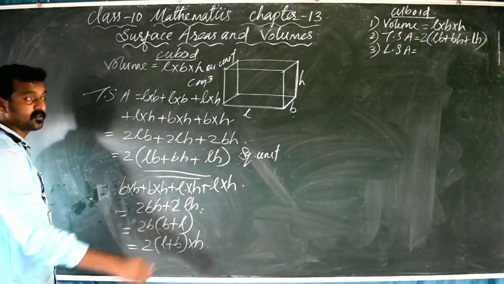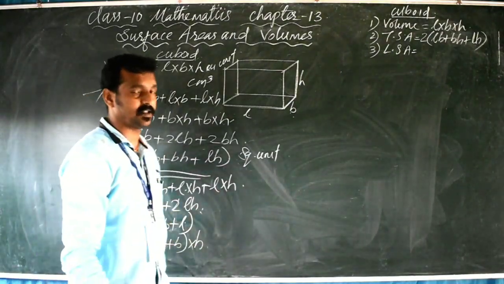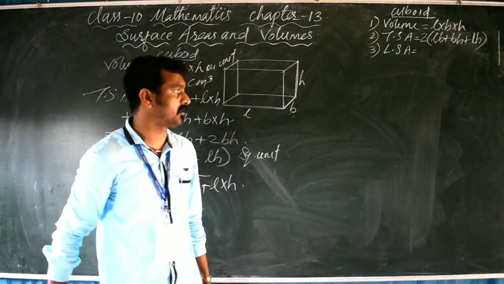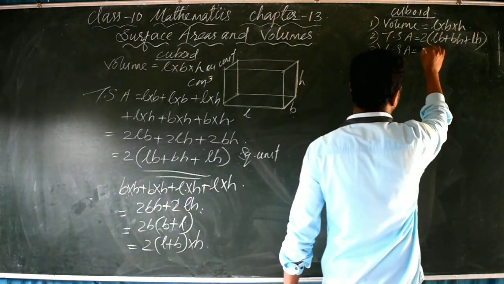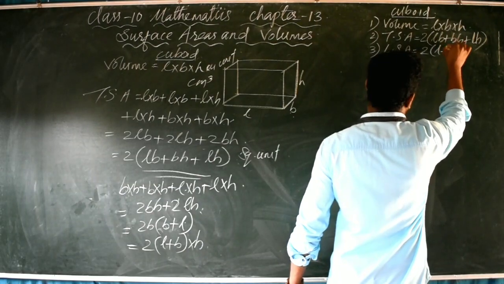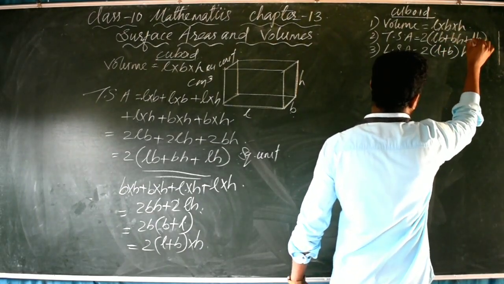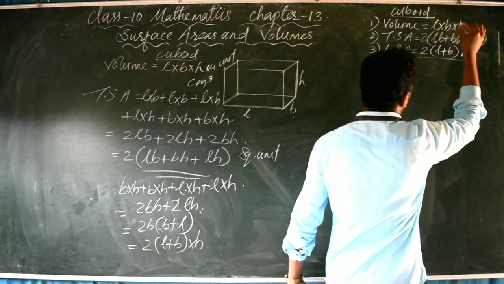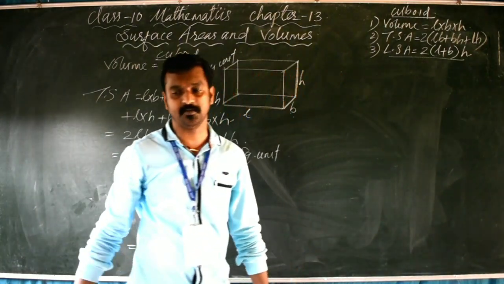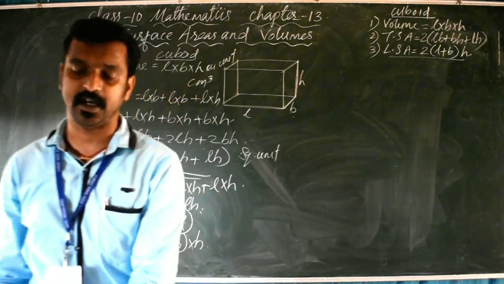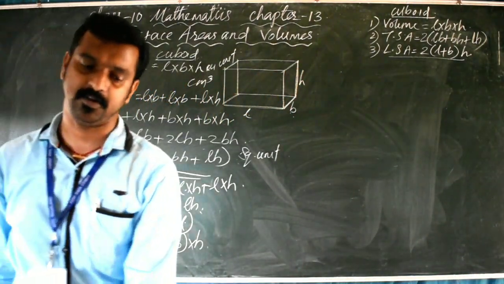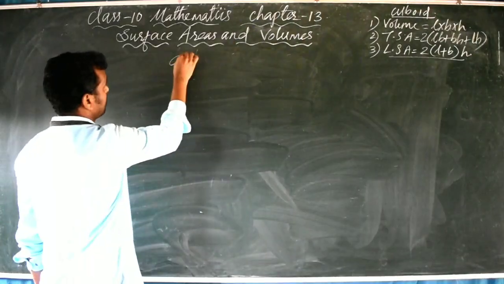In the textbook it is given there as 2 into L plus B into H. Last year also you have studied like that. That is why I wrote like that. Lateral surface area of a cuboid is equal to 2 into L plus B into H. That is the formula for finding the volume of a cuboid, total surface area of a cuboid, and lateral surface area of a cuboid. Now next one